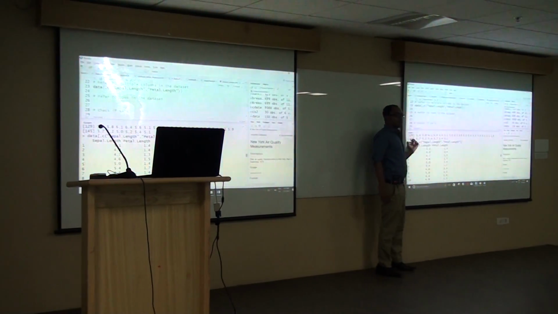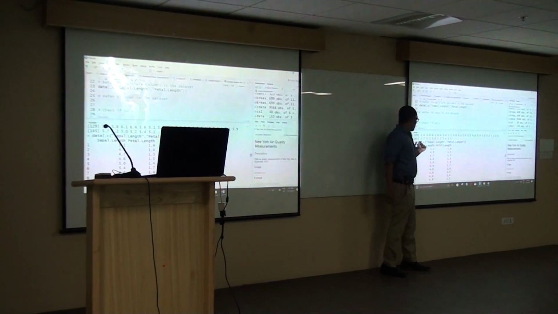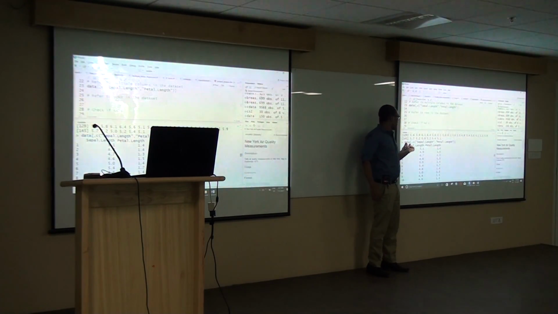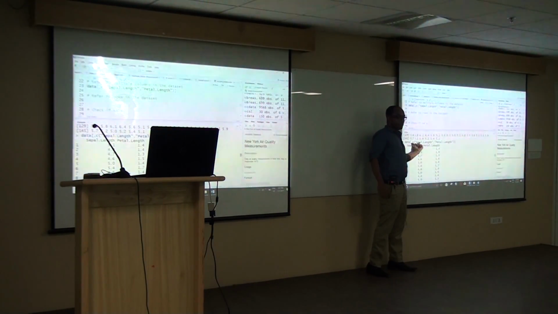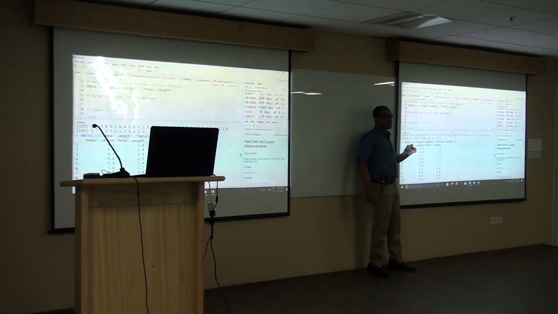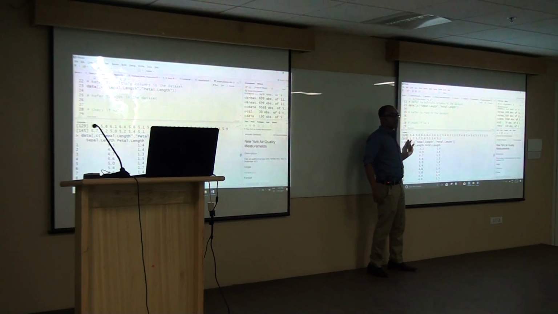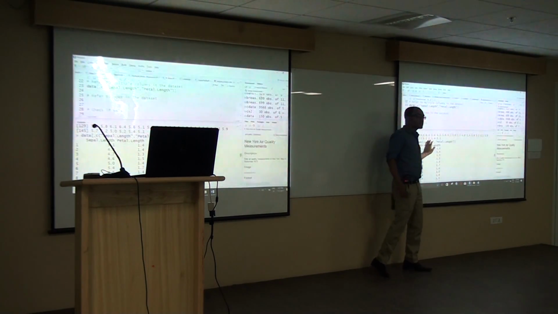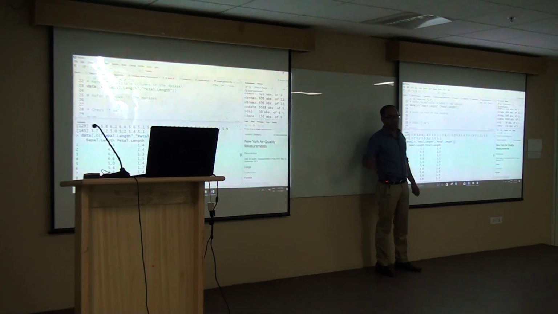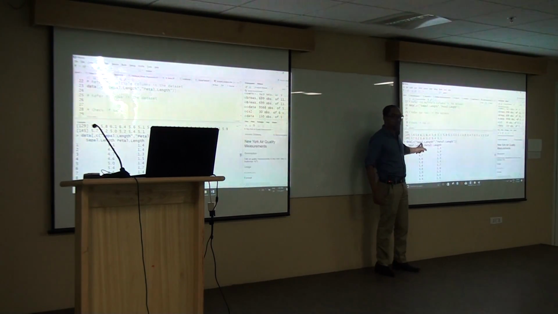Now, whenever I have to select multiple columns, inside the bracket, the first thing is my row. The comma that you see on the left side of the comma is the row that I select. On the right side of the comma is the column that I select. Here I was supposed to select the column. That's why I have used right side.